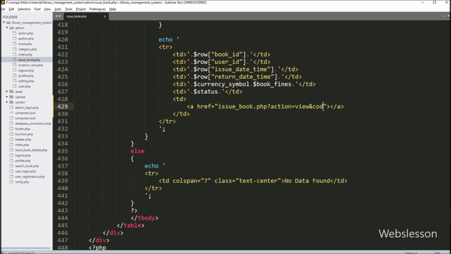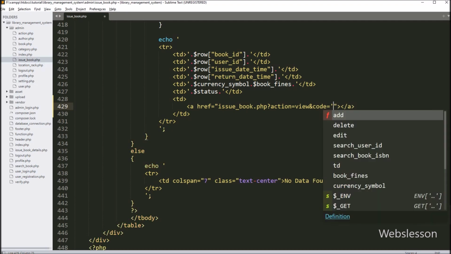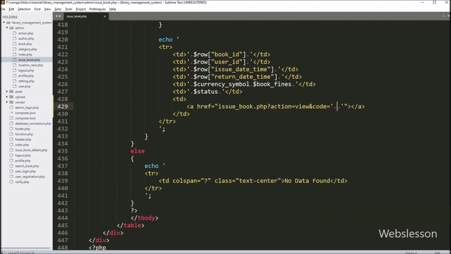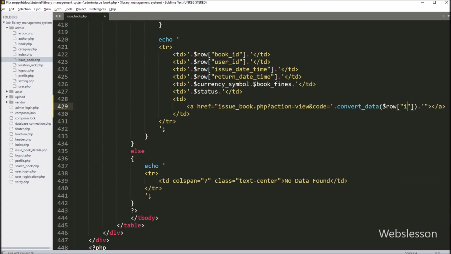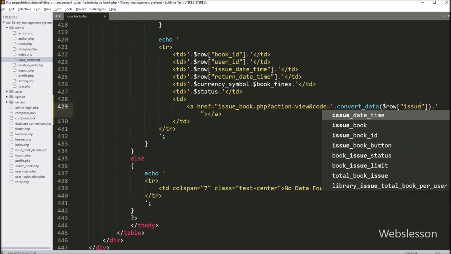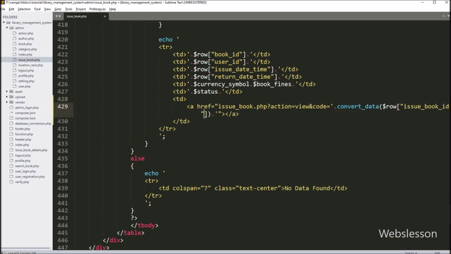And next, we have to write encode variable is equal to convert data function, and under this function parameter, we have to write $row issue book id variable, so this function will convert id value to hash formatted string. And in the anchor text, we have to write view, so this code will make button for view single issue book details on the web page.